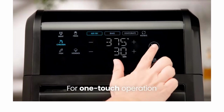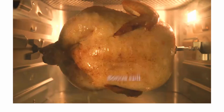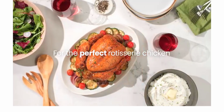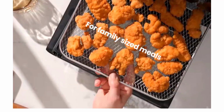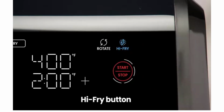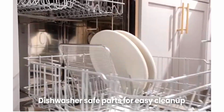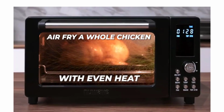I had to keep an eye on my chicken wings so they didn't overcook, but once I got the hang of the timing, the crunch was unbelievable. With 8 different functions and a 60-minute timer, it's super versatile, even though the 0.6 cubic foot interior is definitely geared toward medium-sized batches. If you value build quality and want serious, fast heating power without complicated menus, this Cuisinart is definitely the way to go. For those who want maximum versatility and a ton of accessories right out of the box, let's look at a